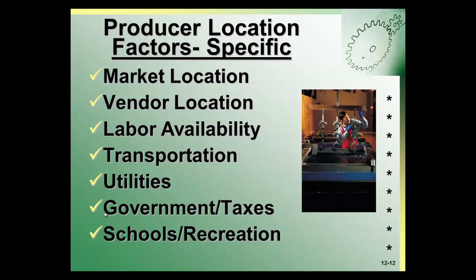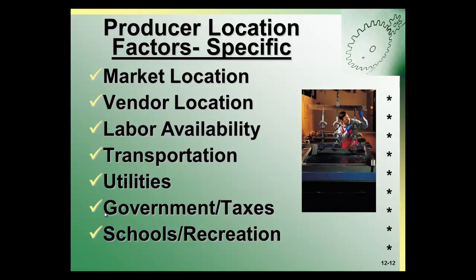Transportation is an important consideration. If a producer ships most of what they produce by truck, it might locate its plant near a key interstate or a commercial hub. Another consideration is energy. Producers use a large quantity of energy. Regardless of where they locate, they have to make sure that they will be able to obtain enough energy. Many times producers will attempt to work out volume purchase agreements with local energy companies to make sure that they're meeting their energy needs at the lowest possible cost.